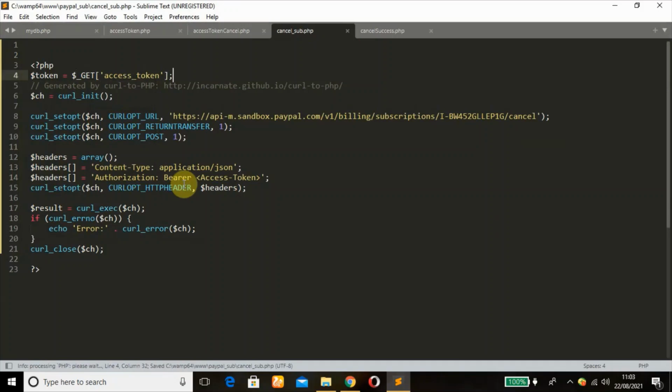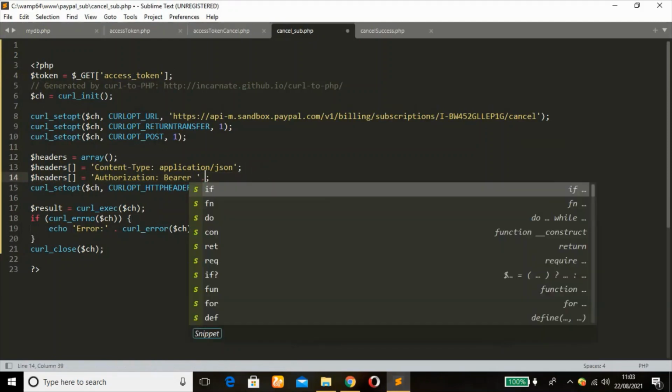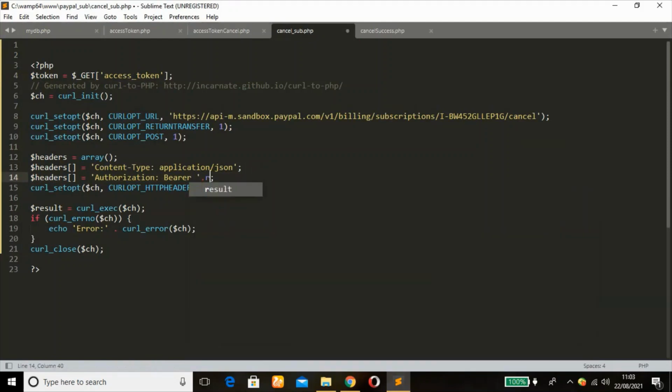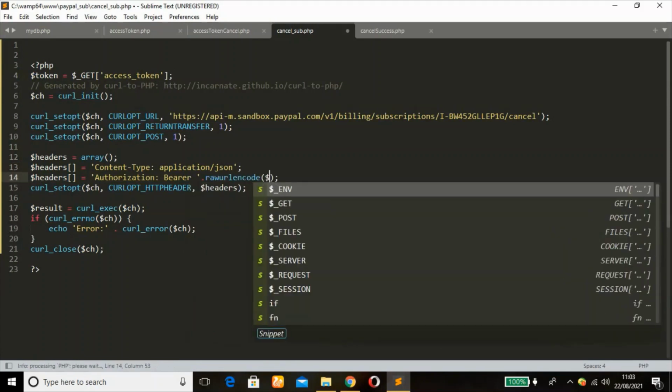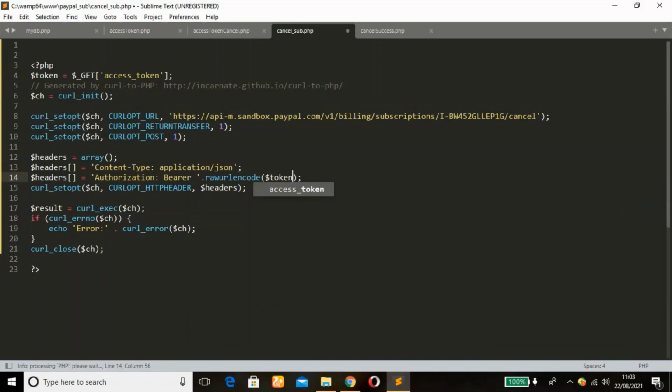All right, so we're just going to clean this, concatenate that with the full stop mark, then use the rawurlencode function, pass the token variable. Simple as that. So the next thing we need to add here is the subscriber ID, which we have in